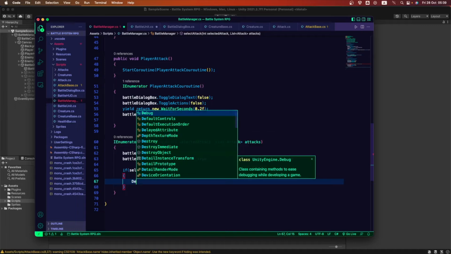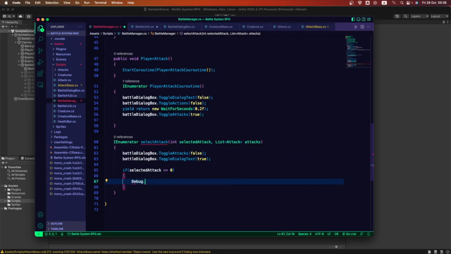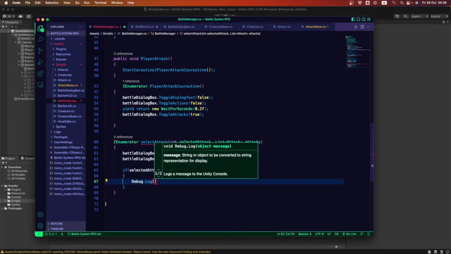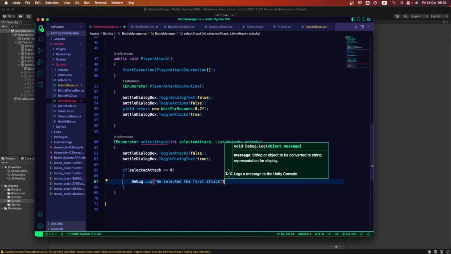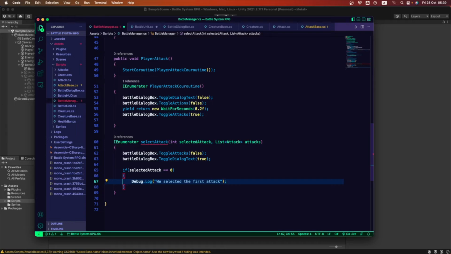I'm gonna write here a debug.log so we can see in the console if we are performing the action before we build all of this. We're gonna say we selected the first attack. Great, so we want to get that message to see if things are working.